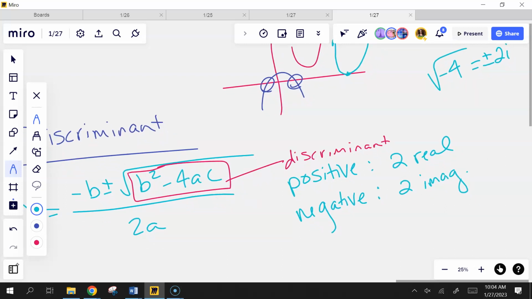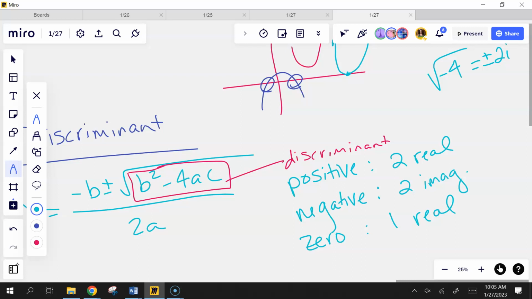And there's one other scenario. If I'm not positive or negative, then what else could I be? 0. And if you get 0 under the radical, you have one real solution. That's when my vertex sits right there. So you'll have two questions on your test that say, use the discriminant to determine the number and type of solutions. And what you will do is you will take the equation. Let's just say,